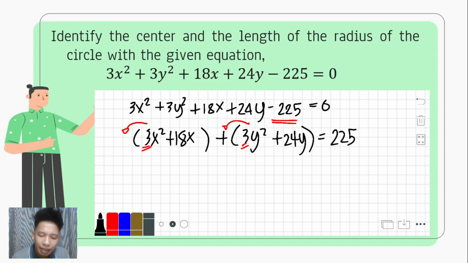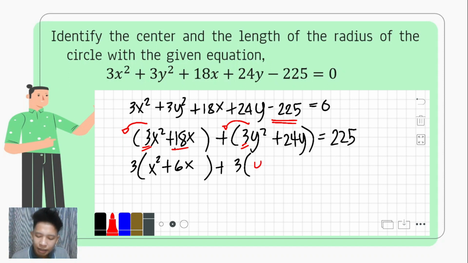So that will make it 3 multiplied by x squared plus, when we factor out 3 from 18x, that becomes 6x, plus 3 times y squared. And then if we factor out 3 from 24y, that becomes positive 8y equals